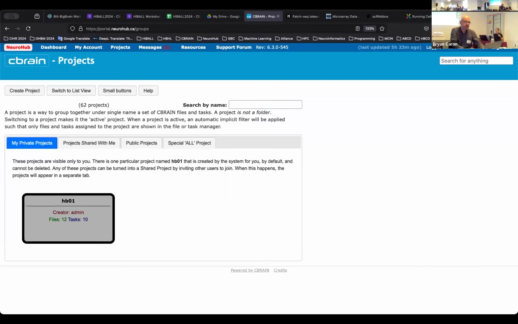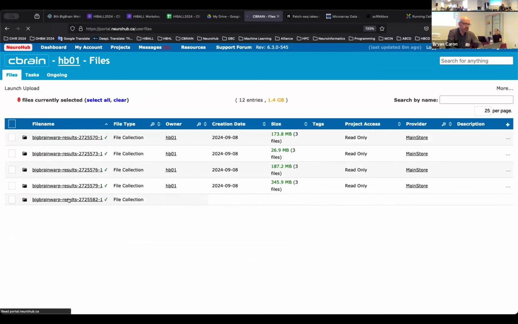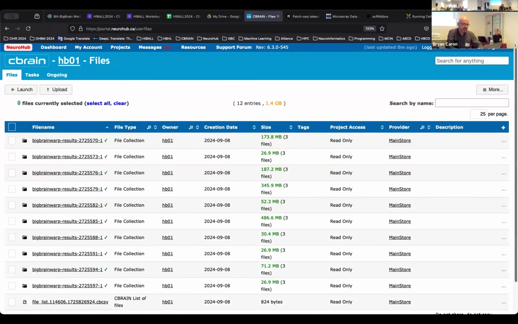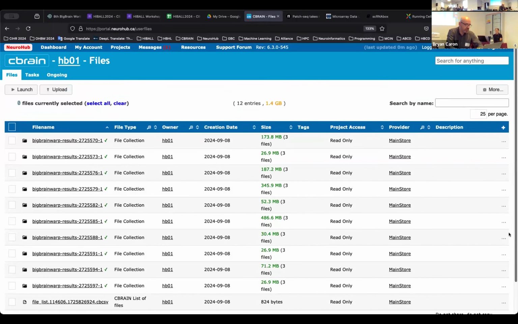So this is my view with one of these same HB accounts, okay? So what I can do, right? So in this case, I didn't create a project yet, but I'm just going to use my default project as the upload destination. So there's a couple of ways of doing it. One is I just go into my project that I created. Of course, I got a lot of HB01. Oh, this is from when I ran it before.